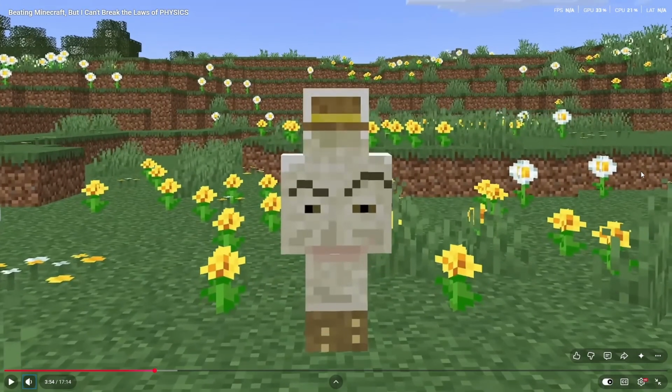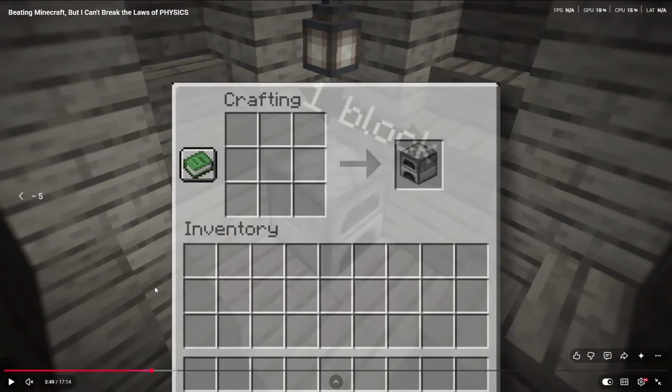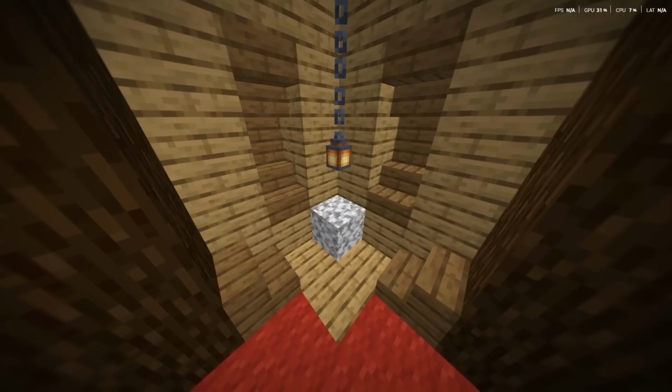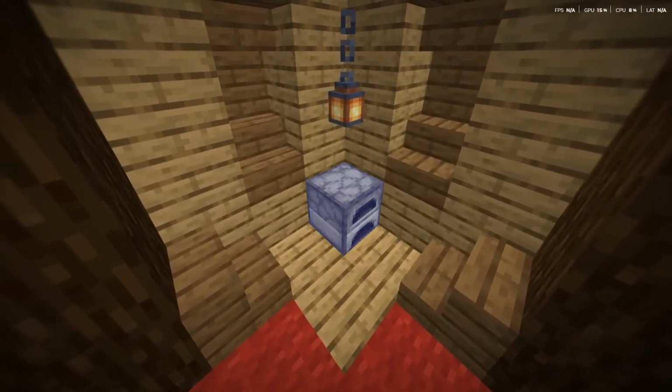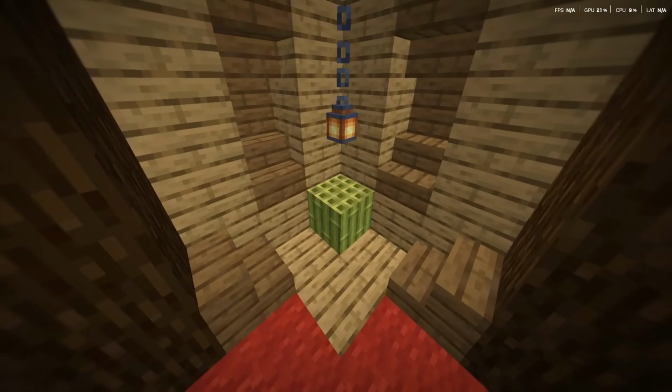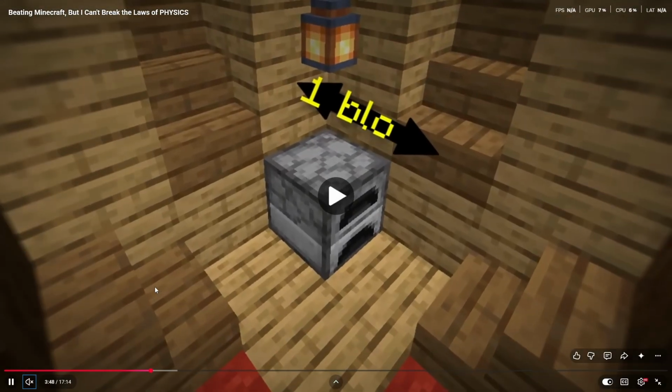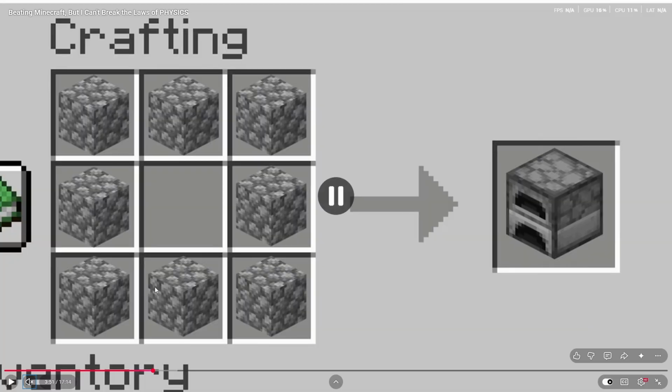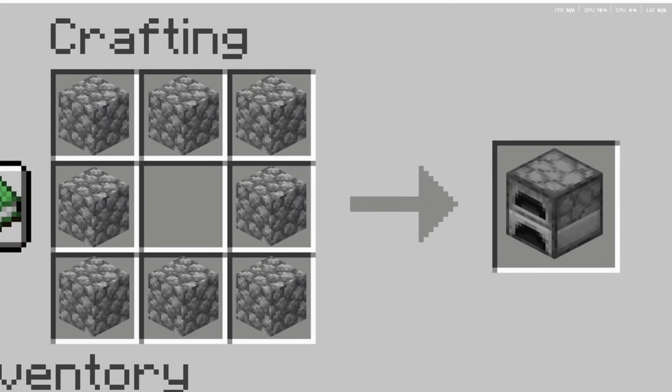Alright, that furnace effect right here, I gotta respect it. I respect this editing. The flashing blocks, you have to take a picture of all the blocks and place the blocks and then match cut them. That's crazy. And then for this furnace effect here, you had to manually zoom in all these cobblestone blocks, size them in and out, which if you have them preset already, it's not that difficult.